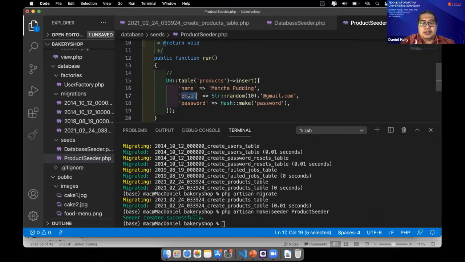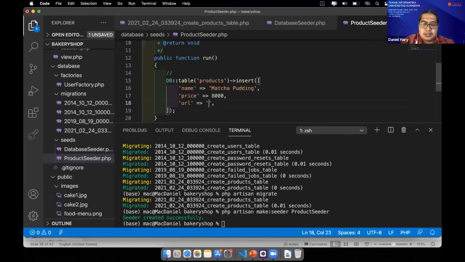And then we have to put the price. So what is the price of matcha pudding? And then maybe the photo URL here. This is just an example.